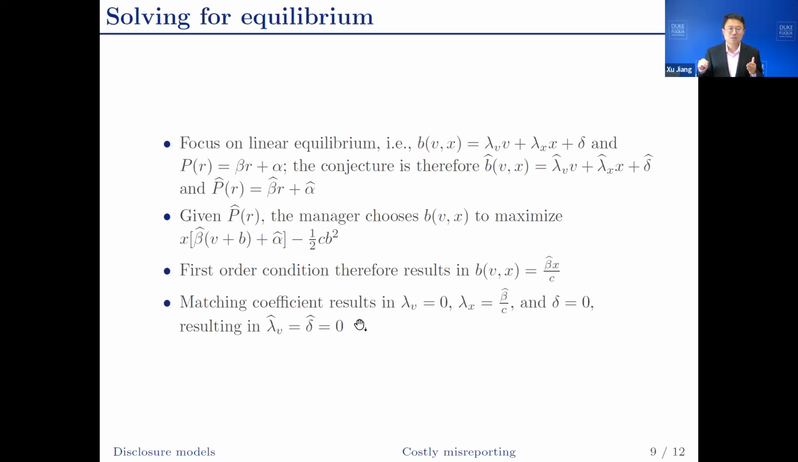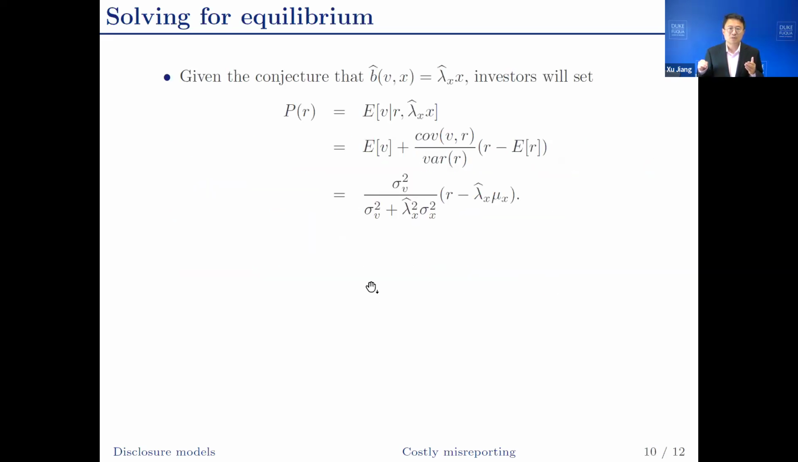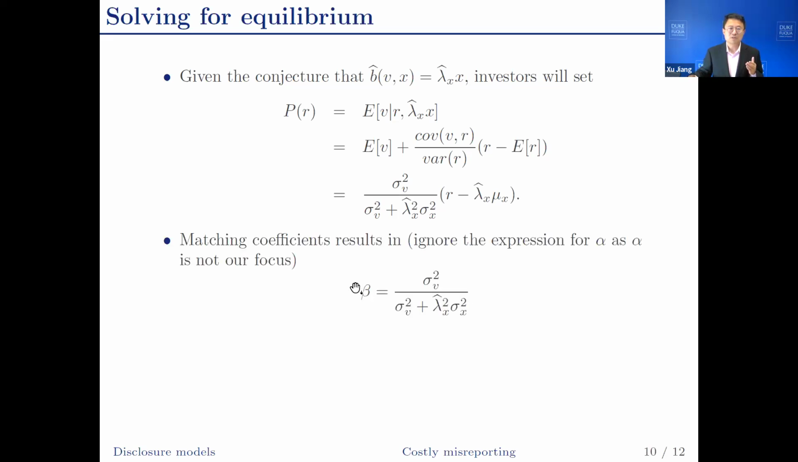Matching coefficients results in lambda v and delta equal to 0, and lambda x equal to beta hat over c. So we have one equation between lambda x and beta, and we need another one. Another one comes from the investors' pricing function. Given the conjecture of the manager's misreporting, investors are going to set a price of R equal to the expected value of v, conditional on R, conditional on the misreporting bias. Bayesian updating is going to generate this result. And matching coefficients, again, is going to give you another function for lambda x, this time lambda x hat, and